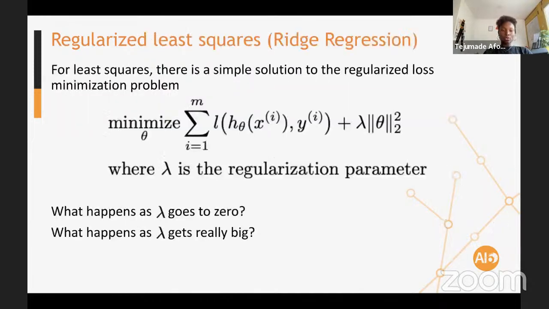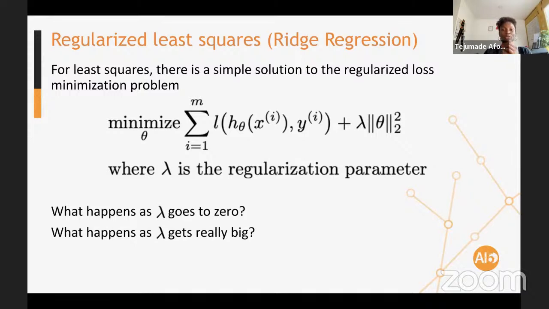To go into depth a little bit, the formulation for regularized least squares looks exactly like the unregularized least squares, but now we've added an additional term with lambda, the regularization parameter, that helps us penalize the model when it has very large weights.